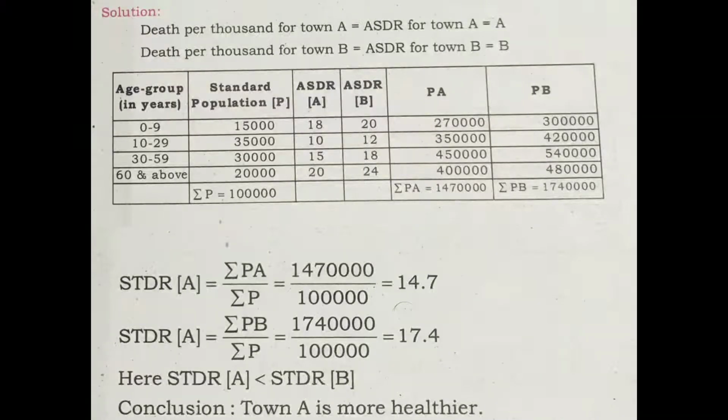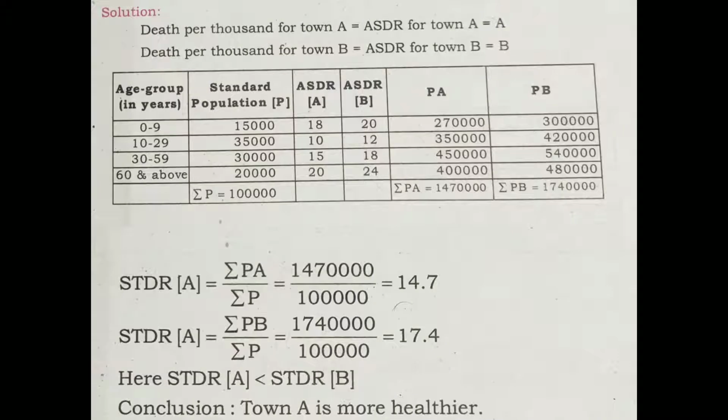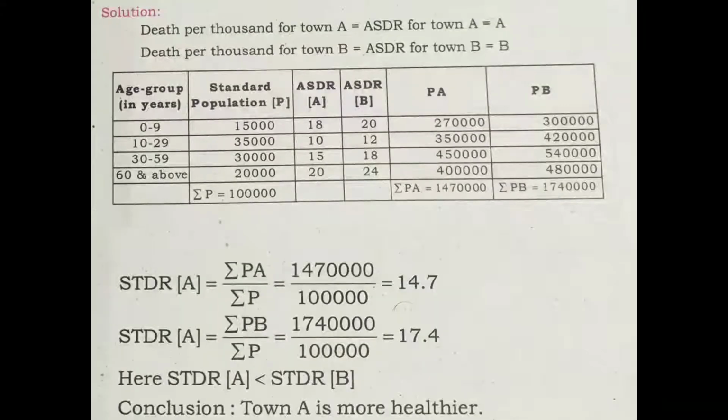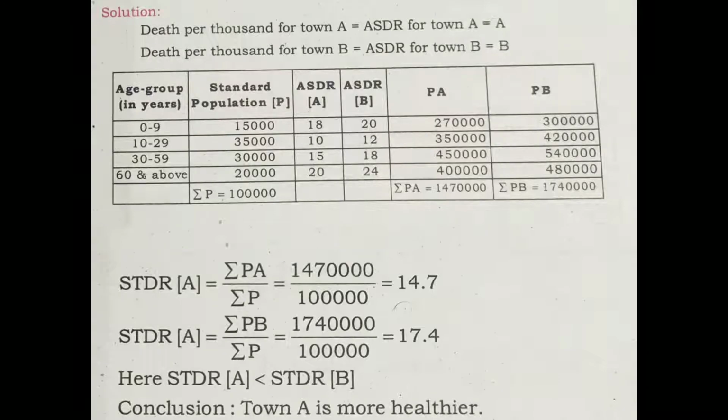20,000 into 20, which is equal to 4 lakh. Similarly, multiply P into B. Then add summation P into A and summation P into B. Also add the standard population, which will give you summation P. So the standard death rate of A is equal to summation P into A divided by summation P, which is equal to